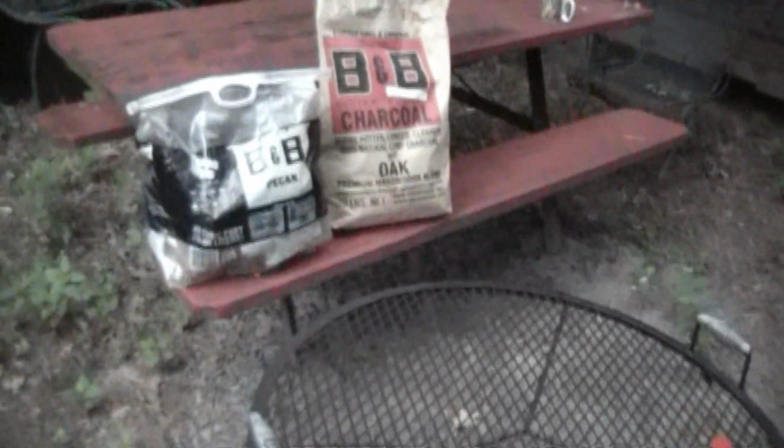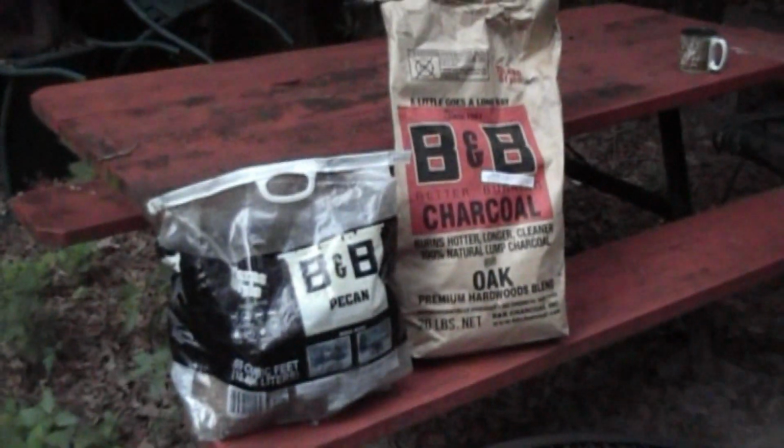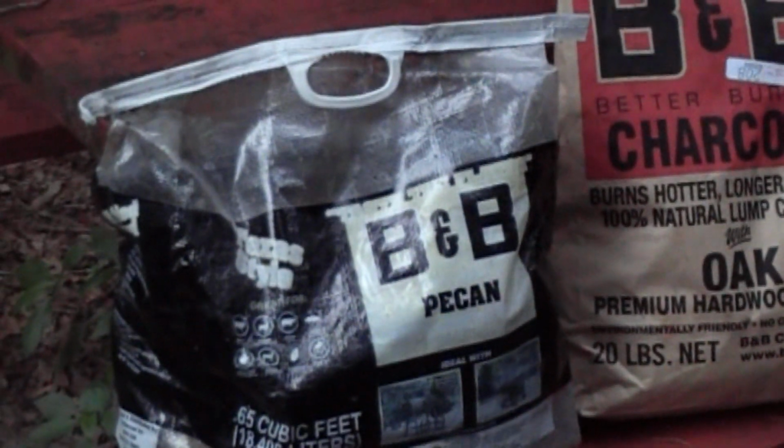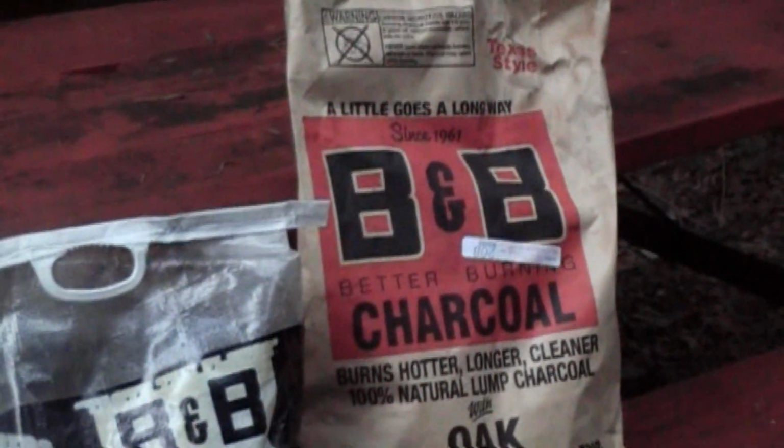I've got some good dry wood in here and some lump charcoal, B&B charcoal. This stuff right here you cannot beat, folks. This is the wood, kiln dried wood, and it's pecan that we're going to cook with. And I'll put some lump charcoal in it down in the very bottom to get things going. So let's torch the fire off, but do check out this